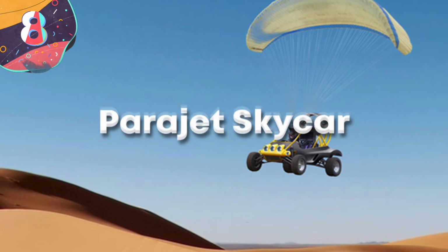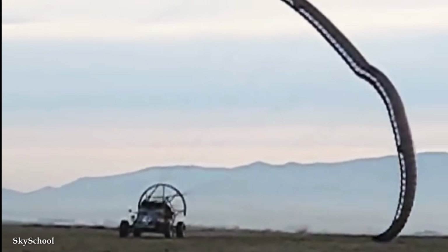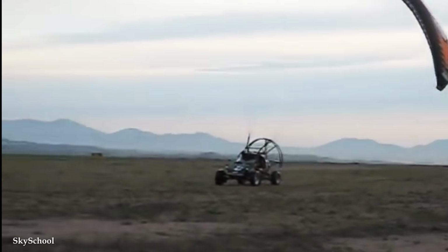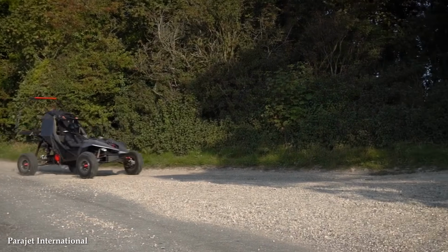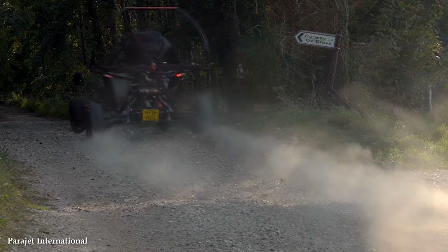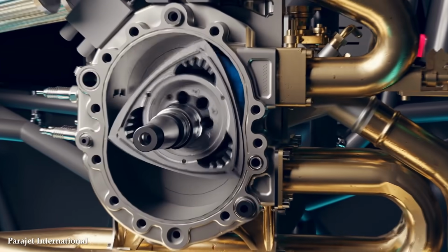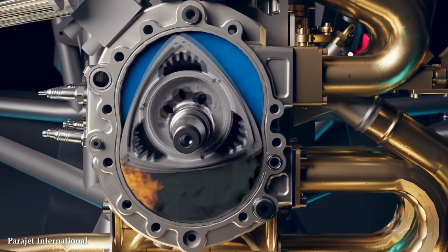Number 8. Parajet Skycar. The Parajet Skycar. It's another type of flying car that offers the freedom to take to the skies while providing the versatility to travel on the road. Developed by British company Parajet International, the Skycar is at the forefront of cutting-edge personal aviation innovation. It features a hybrid design that incorporates a lightweight, high-performance sports car with a detachable parafoil wing and a